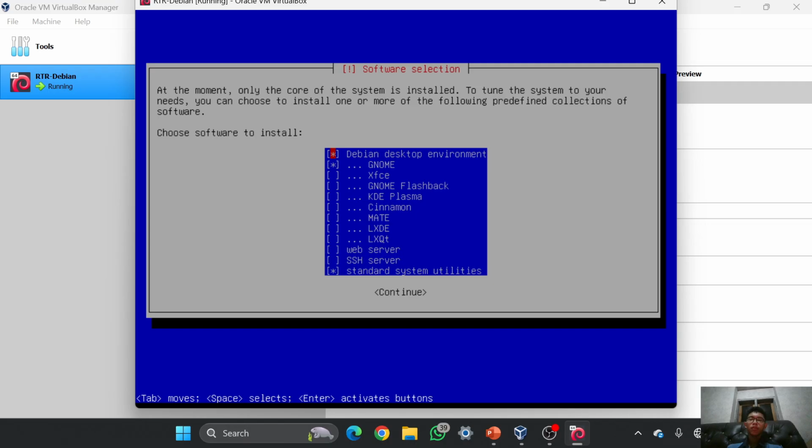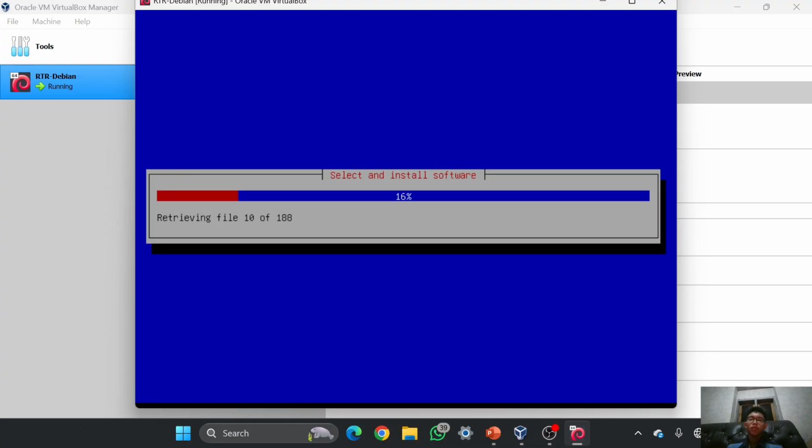Here I will turn off the Debian desktop environment and also GNOME, and I will turn on the SSH server and also the web server and also the standard utilities, and I can just enter to continue, and we can wait for it again.